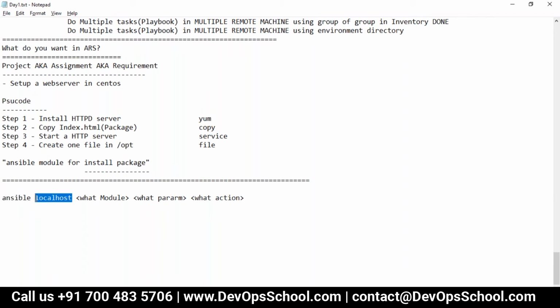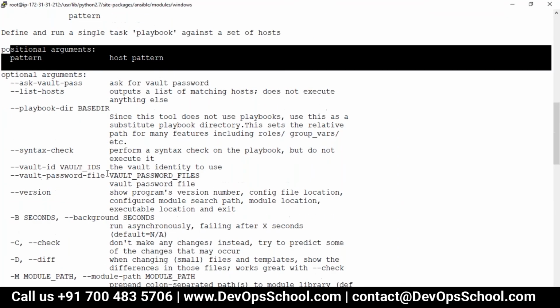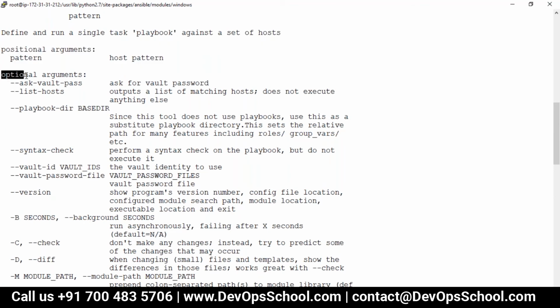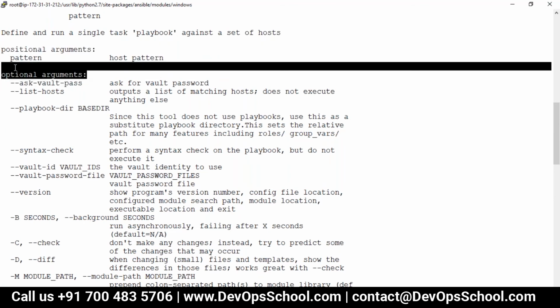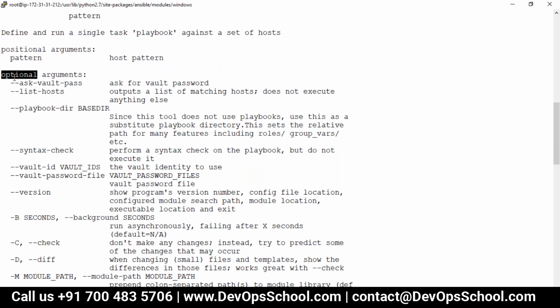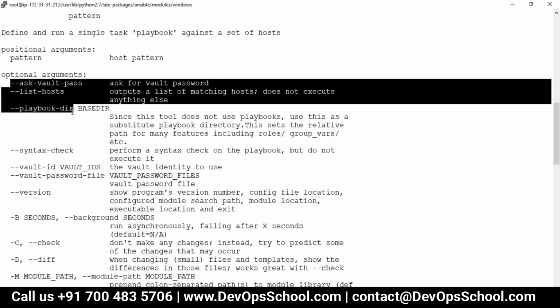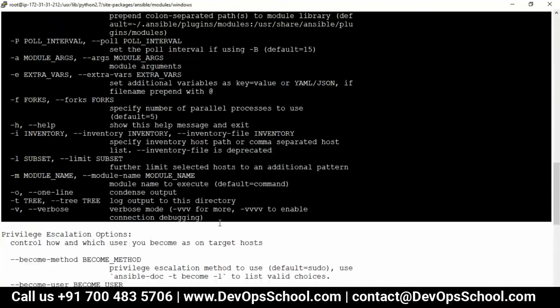Localhost is the place where I'm running, but what module do you want to run? So guys, can you help me here? How to pass the optional arguments to run this? These are optional arguments. How to select which module I want to run? Any idea?